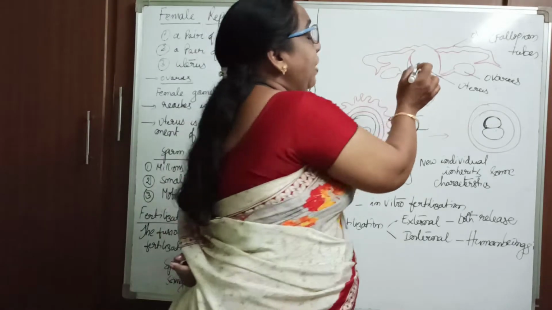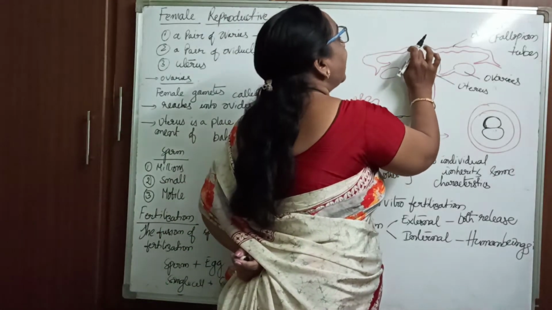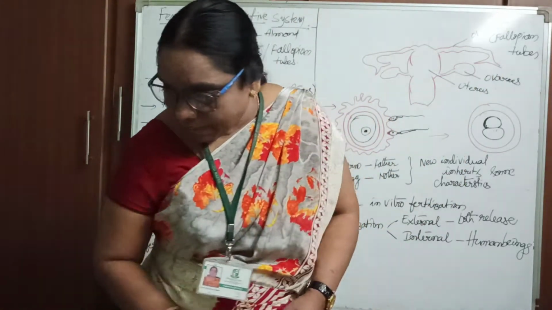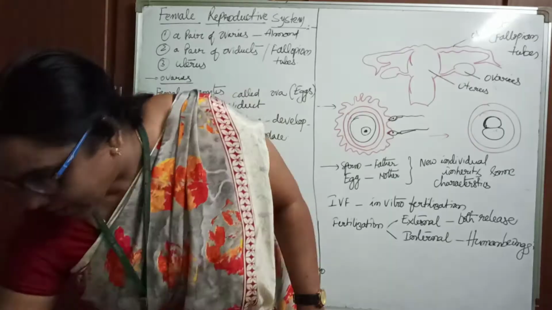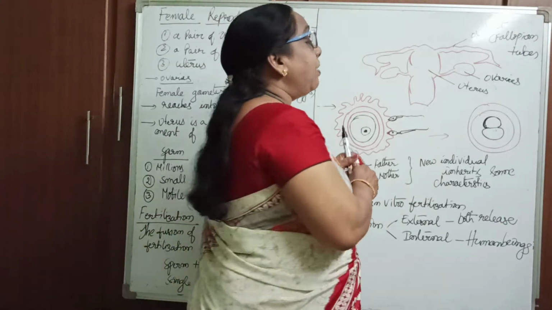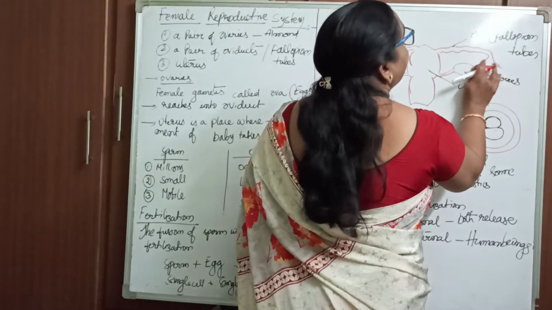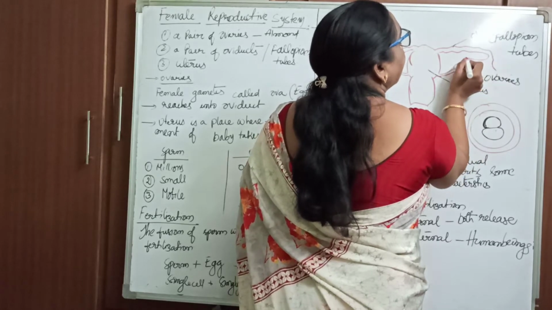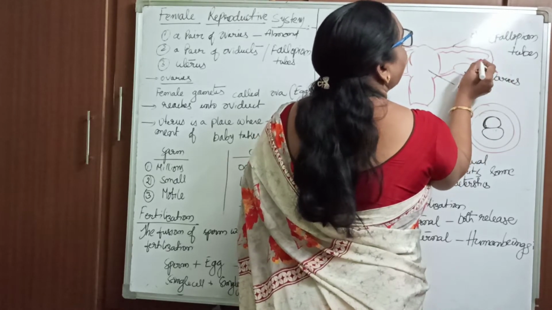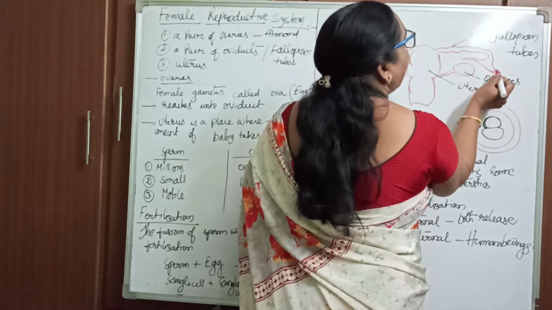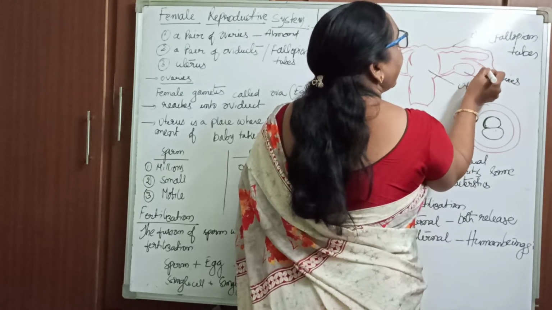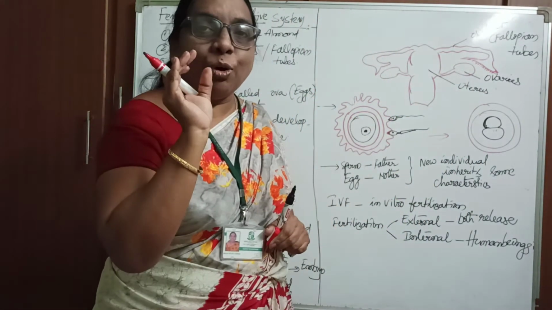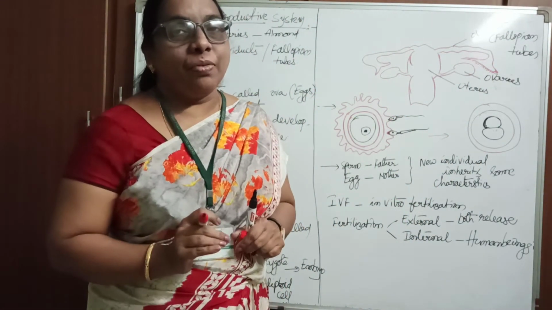Each fallopian tube ends up with a bell-like structure, with an opening like this. This is called the mouth of the fallopian tube. It is a funnel-like fallopian tube, provided with hair-like structures called cilia. Whenever the ova is released from the ovaries,